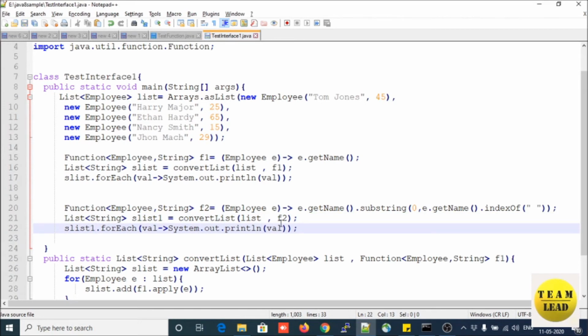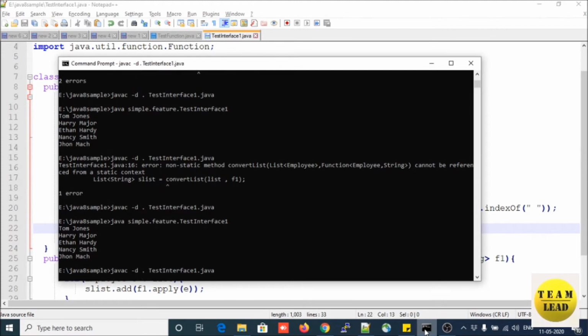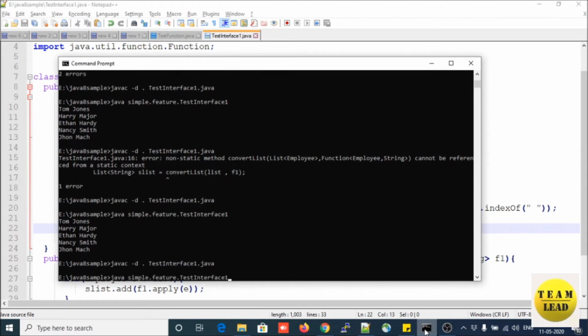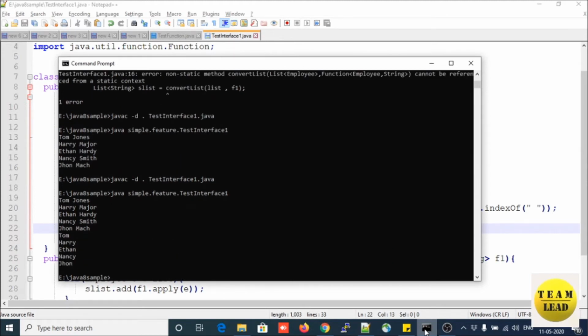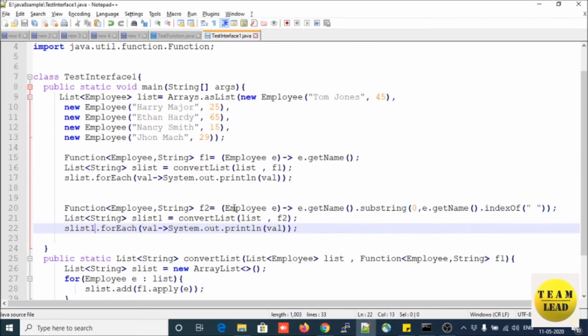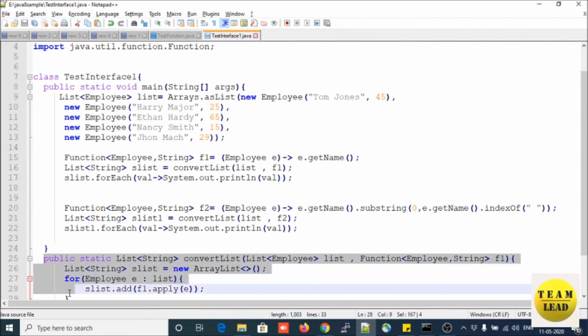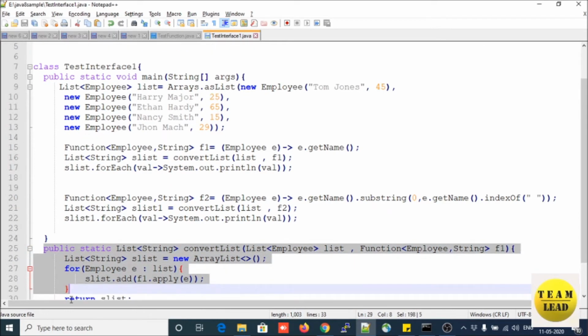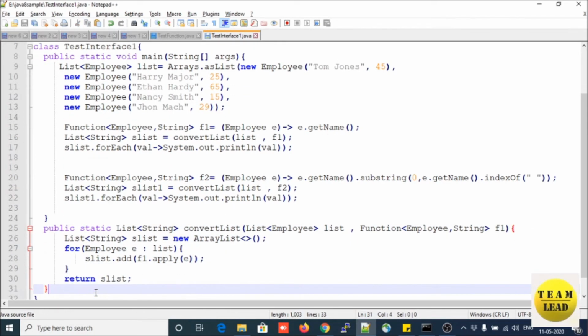So let us save this example. Let's compile. It is compiled successfully. Let us run this example. So friends, you will see that this is the second list I am getting by changing the function name, and I will use the same boilerplate logic again. So this is how you can